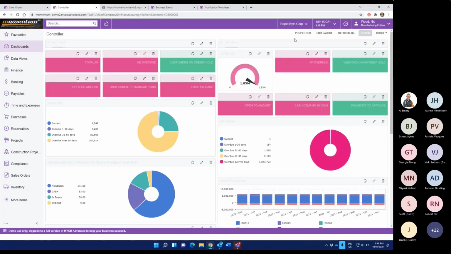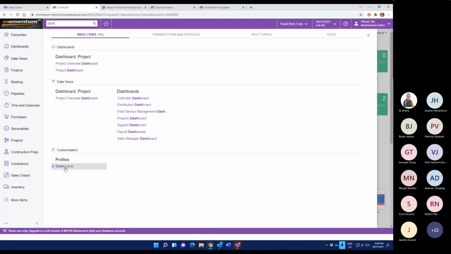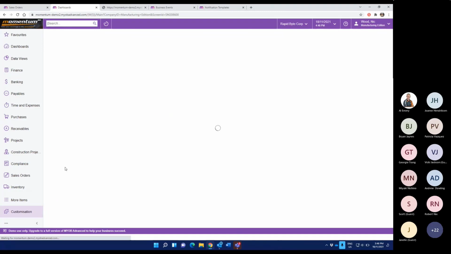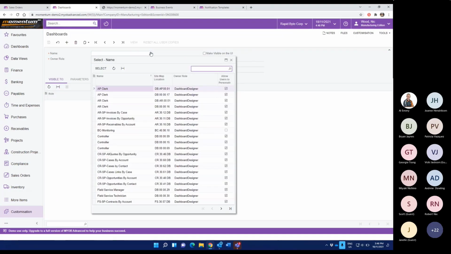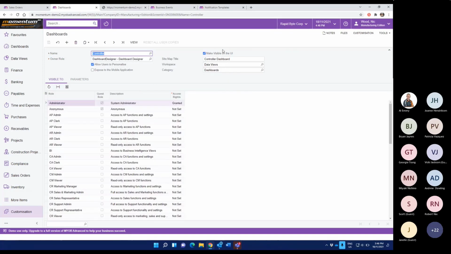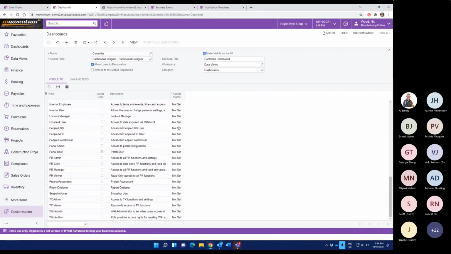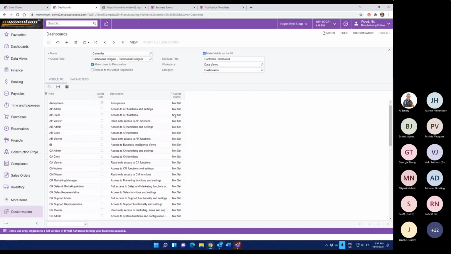And we can copy this entire dashboard to make additional copies, or copy these individual widgets between dashboards. And if I look here at the dashboard's profiles, you see that controller dashboard we were talking about, where it's located on the screen, and which roles would be allowed access. So we see in this case, the controller dashboard has only been set for permissions for the system administrator. So anyone else wouldn't have access to view this dashboard.